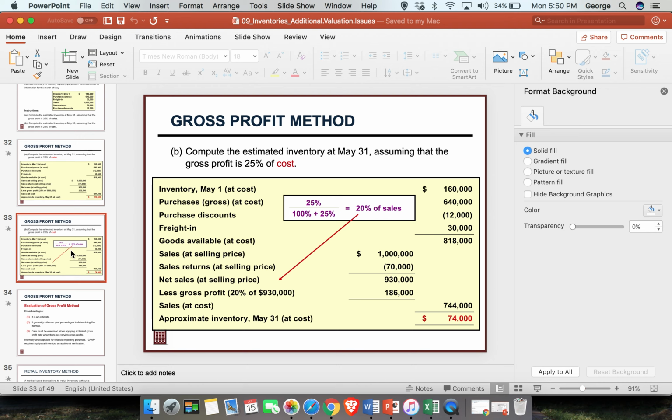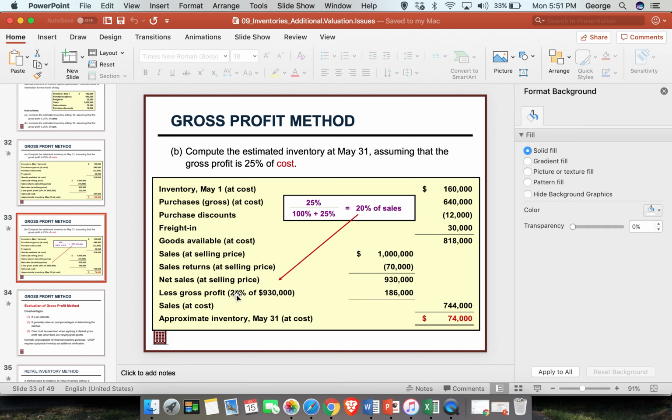All right. And then we're assuming it's 25% of cost. What you need to do here, using the gross profit method, is convert the gross profit rate based on cost to the gross profit rate based on sales. As we showed before, 25 was the percent of cost, right? So 25 divided by 125, that's 20%. And that's what we'll use to find the gross profit. So same as the last sheet, we find our goods available, take our sales, less sales returns, or net sales,